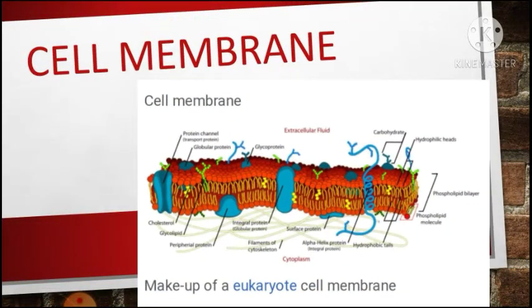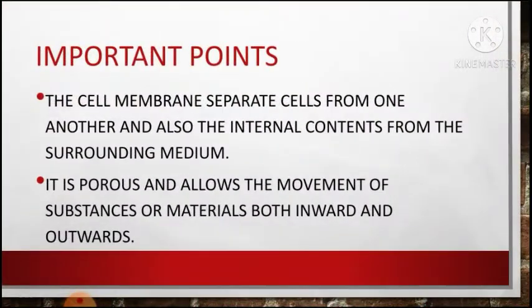Cell membrane. The cell membrane or plasma membrane is the outer living covering of the cell. It is present in both plants and animals, and it is also sometimes called plasmalemma. It separates the cell from the outer surrounding. The plasma membrane is mainly made up of a double layer of lipid molecules and protein molecules. It is thin, delicate, elastic and selectively permeable. The movement of substances across the cell takes place through diffusion and osmosis.